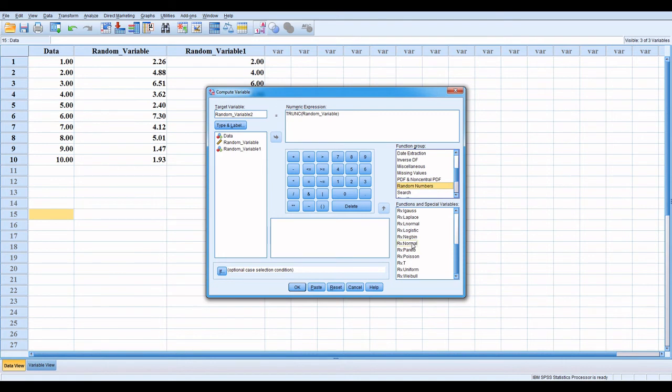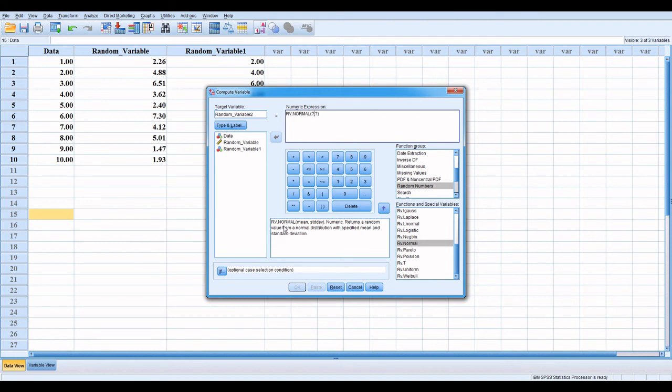We want to calculate normal distribution. For normal distributions, first remove this expression and now drag normal distribution. I calculate mean and standard deviation of this data set.